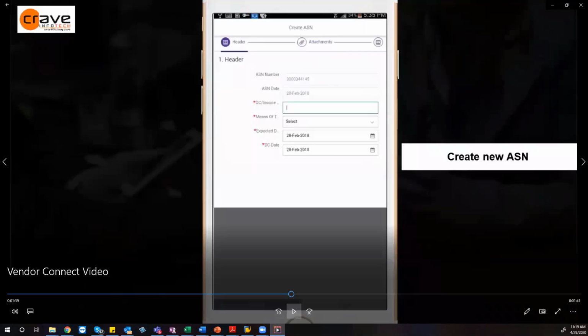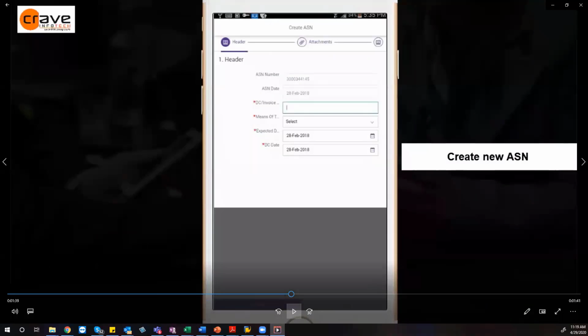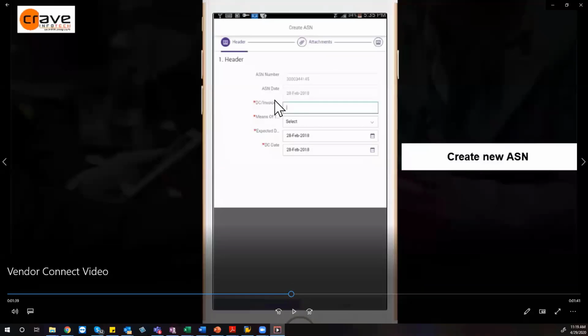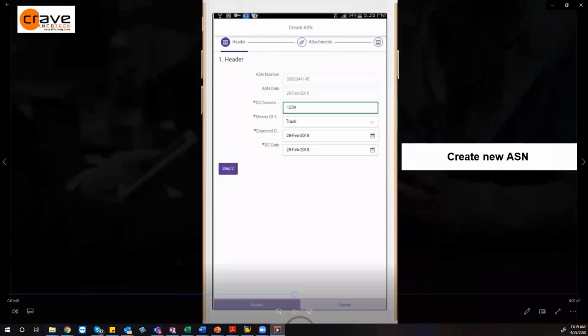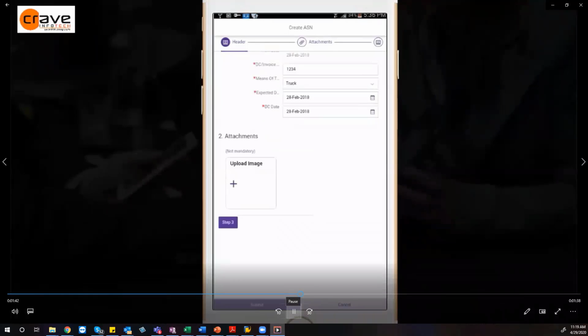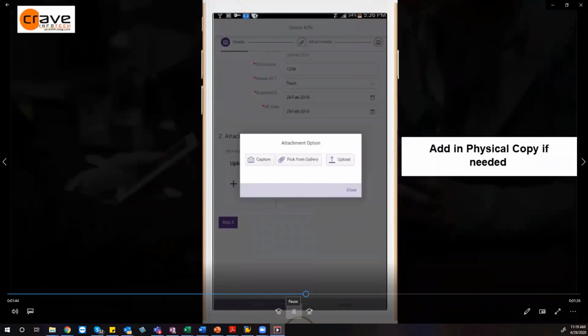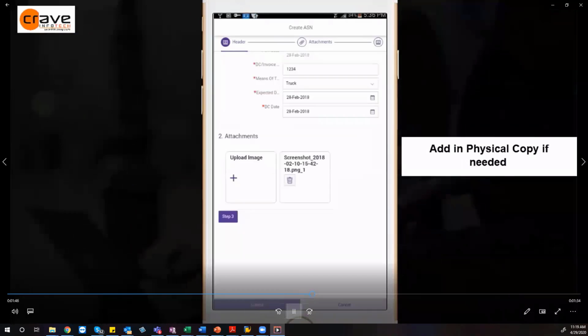Here is the screen where I'm creating an ASN against that purchase order. It can be partial or it can be full. So you can enter the invoice number and all the details. I can upload an image for the ASN creation.